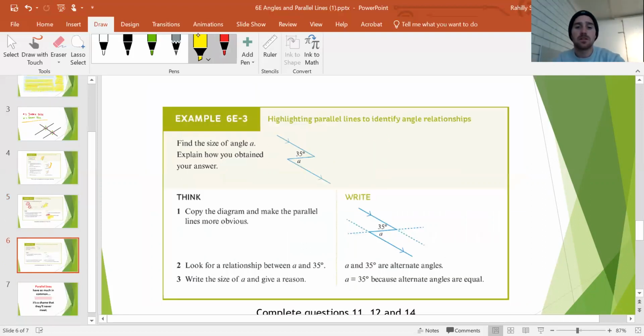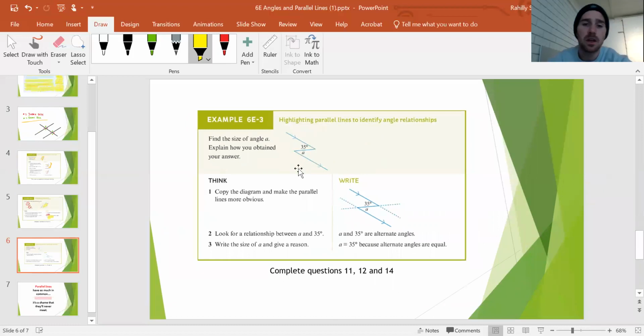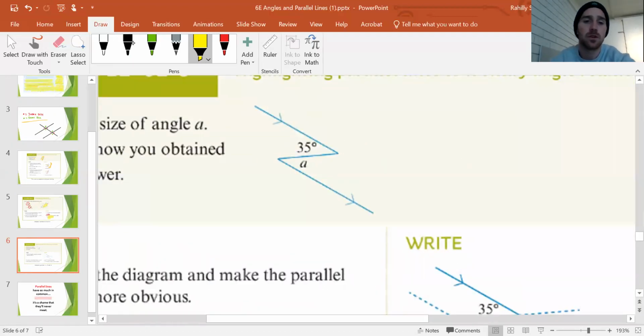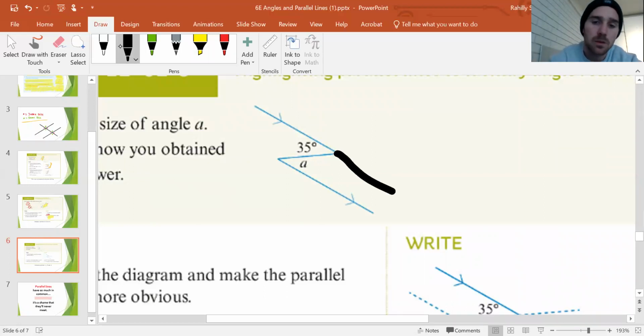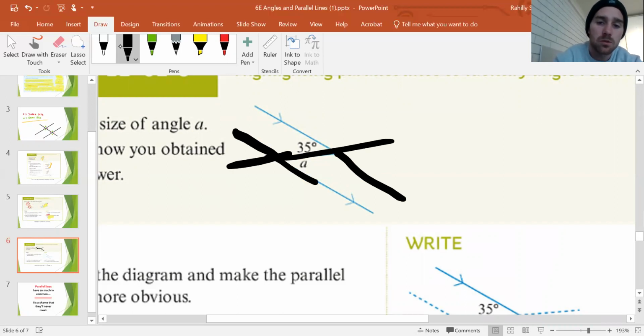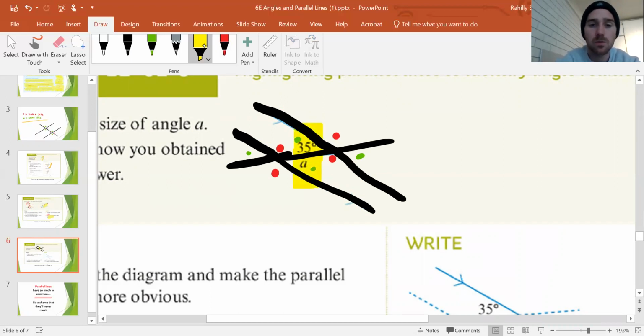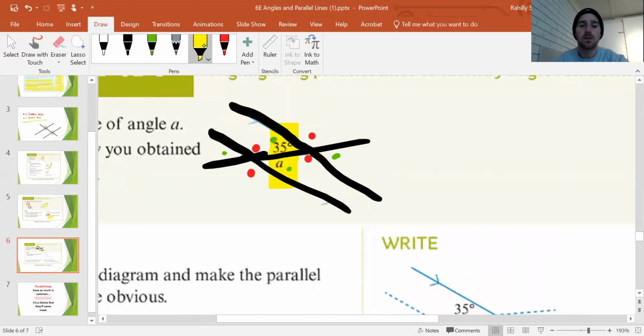Moving on, this is another example, and this will just be the same thing, but it's not actually a transversal yet. So all we need to do to work this out is to draw our transversal. You just continue on with these lines. They're parallel like that. Now we've got a normal transversal with parallel lines. Again, that's going to be a green dot, green dot, green dot, green dot, and then our reds. If this is a green dot and that's a green dot, and the green dot is 35 degrees, what's A going to be? The value of A will also be